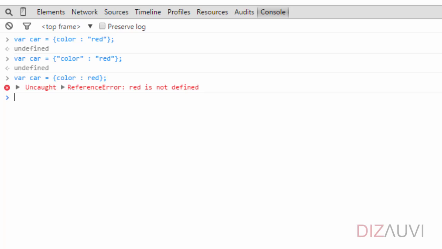And what if we have more properties in an object? Say a car has a color and the name of the model. Well, that's quite easy. We just put multiple property value pairs separated by commas like this. So a property and value is separated by a colon, and each of the pairs is separated